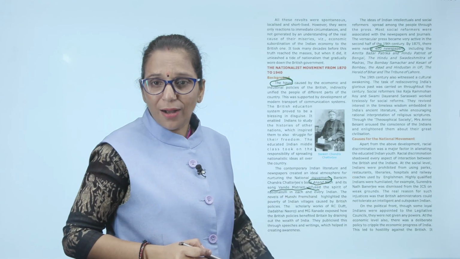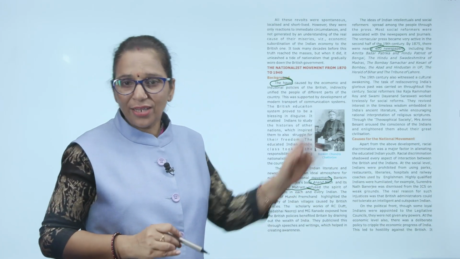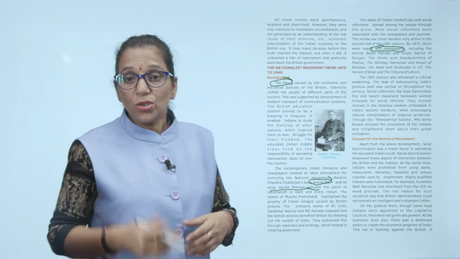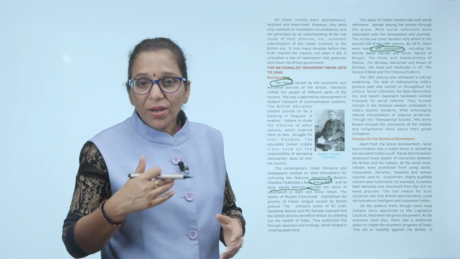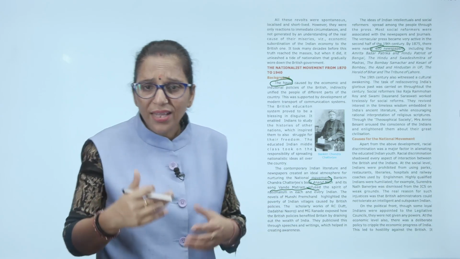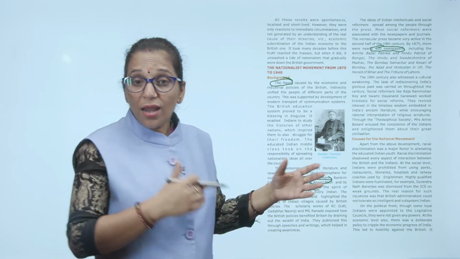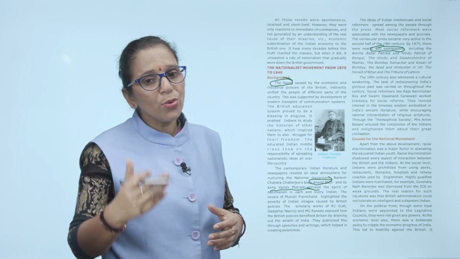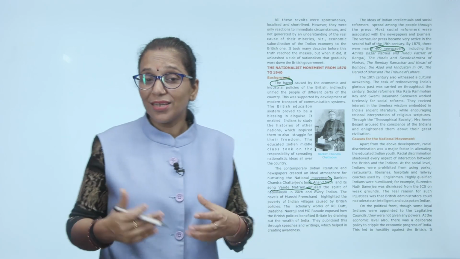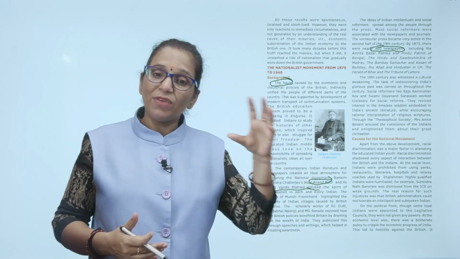Amrita Bazar Patrika. You can watch the model of Amrita Bazar Patrika at the National Science Museum. Hindu Patriot of Bengal, The Hindu, Swadesh Mitra of Madras, the Bombay Samachar and the Kesari of Bombay, Azad and Hindustan in UP, the Herald of Bihar and the Tribune of Lahore. Means there were so many newspapers and magazines published at that time to awaken the Indian